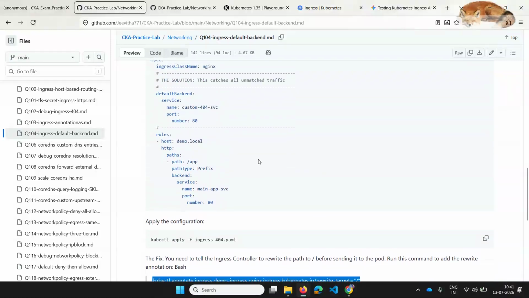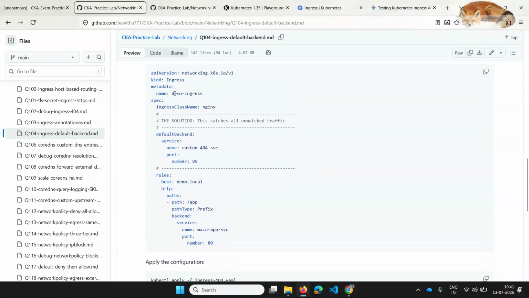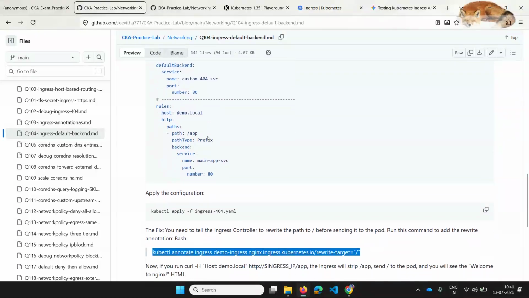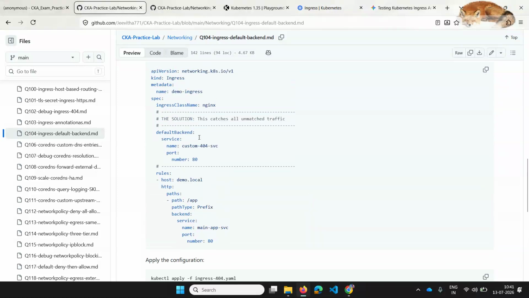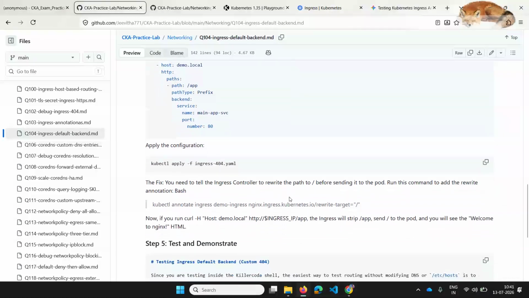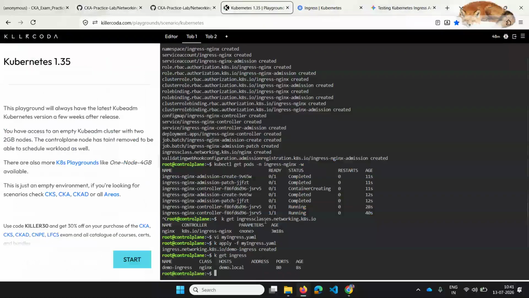Either under metadata, under the name, you can give annotations, and under the annotations you can give the key as nginx.ingress.kubernetes.io/rewrite-target, and the value as slash. Either that you can do, or you can just use the imperative command called k annotate. And if you are not sure about this command, you can also use the imperative command with help.